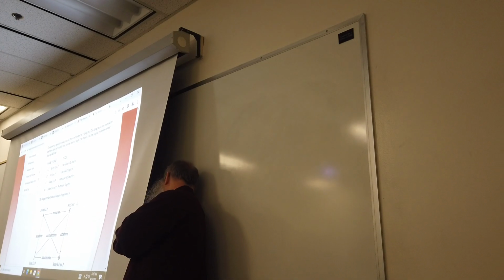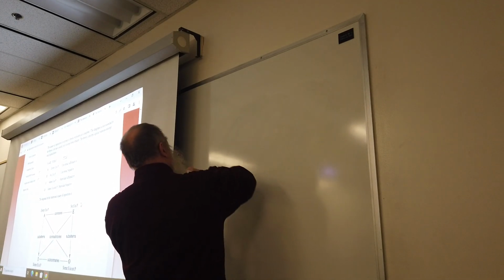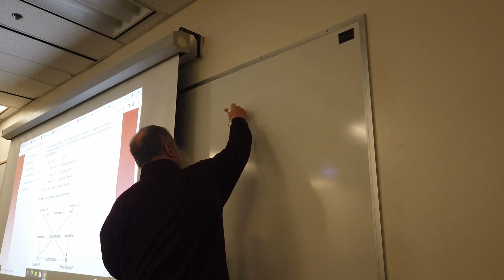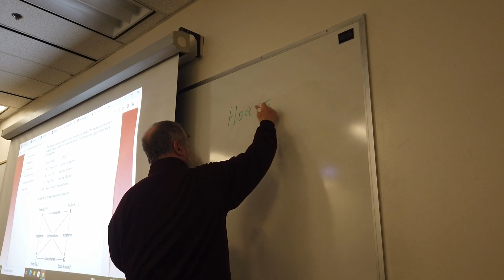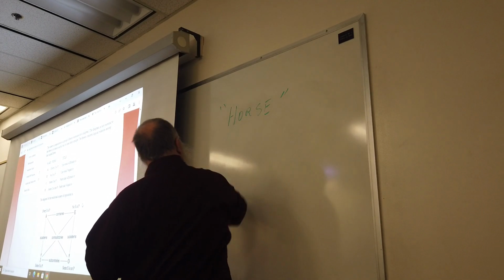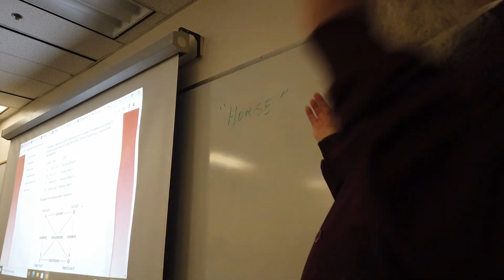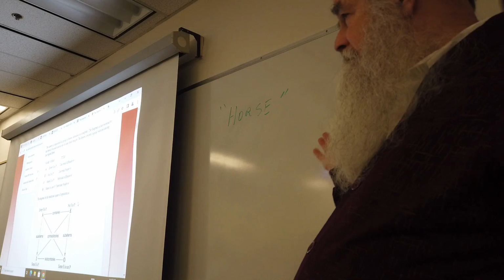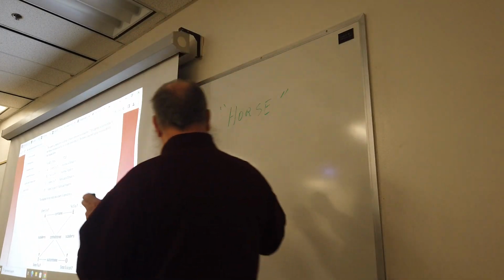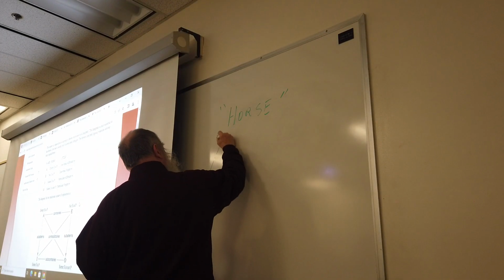Should I use green? This is Aristotle, right? You have the word horse. The word horse isn't a horse. Obvious, right? You also have